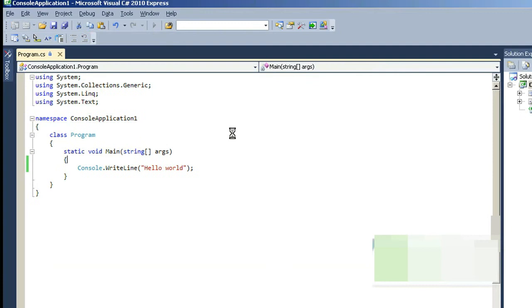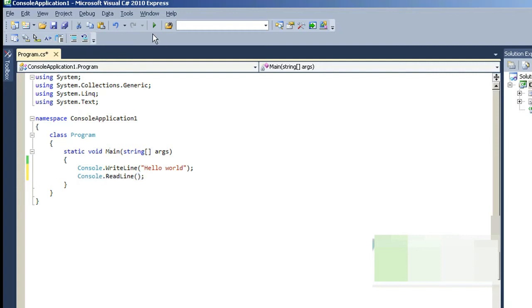Now you can see that when I ran this program, the display came and it went. So let's make this display wait a bit. What I'm saying over here is that please wait for my input. So Console.ReadLine will keep that application waiting until you press enter. Console.WriteLine is to display the statement on the console, while Console.ReadLine basically waits to take some input, which could be a keyboard input, or a numeric input, or enter, or some button press.